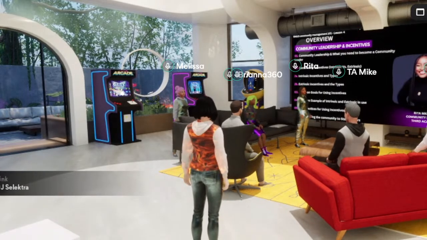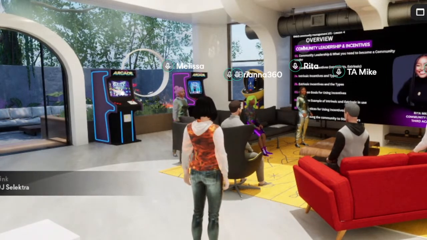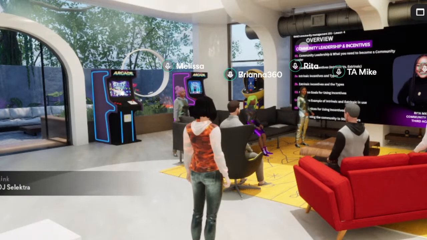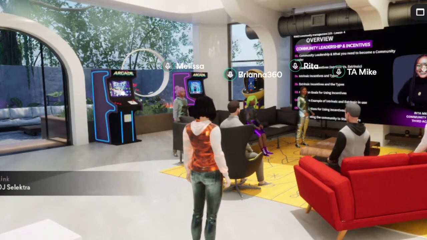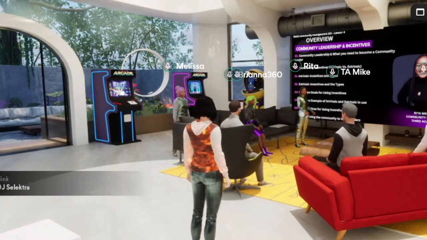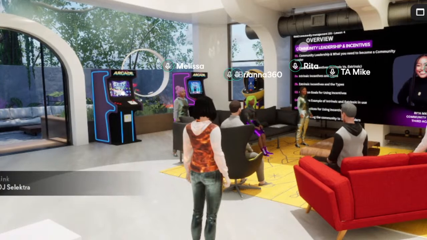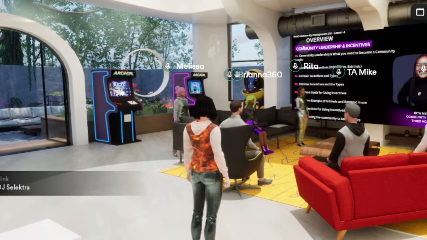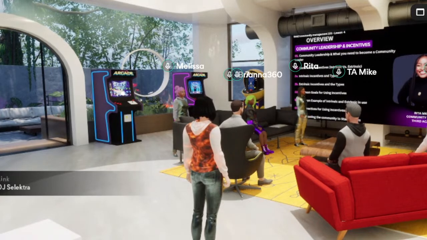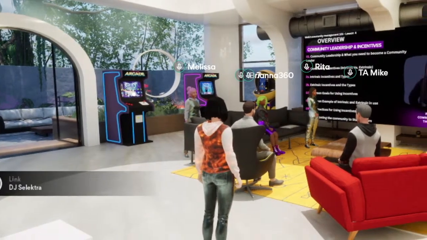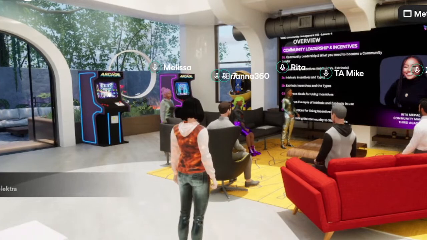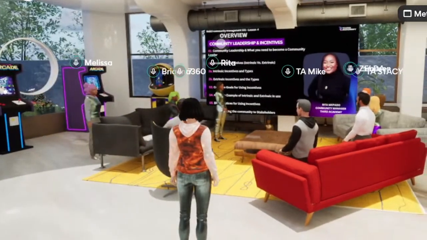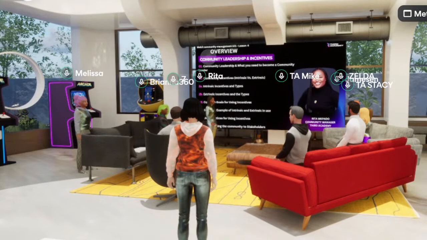So this week we're talking about community leadership and incentive, a very important topic for your journey in the Web3 community management space. And for today, we'll talk about community leadership and what you need to be a community leader, community incentives,